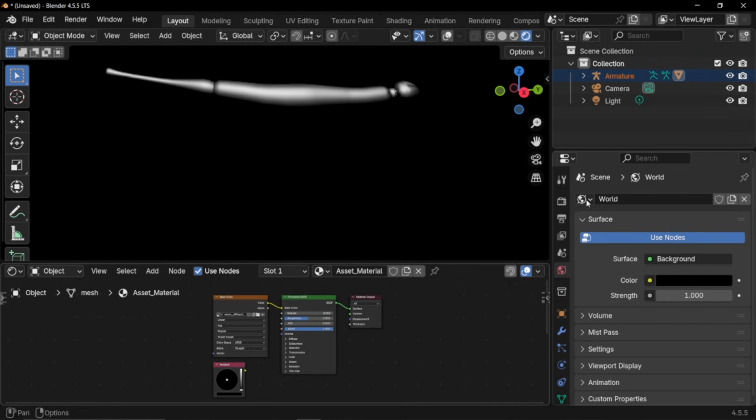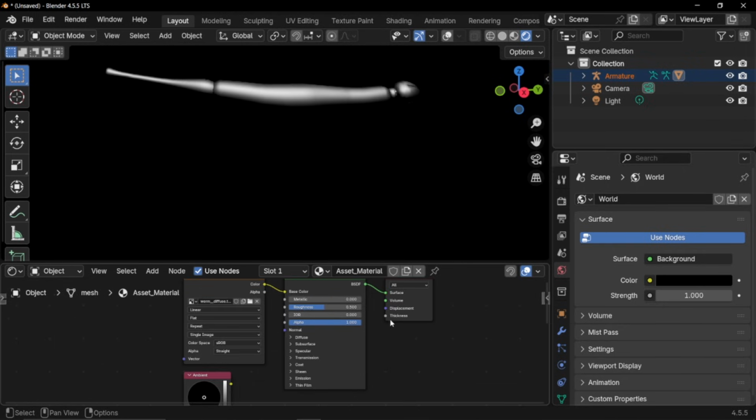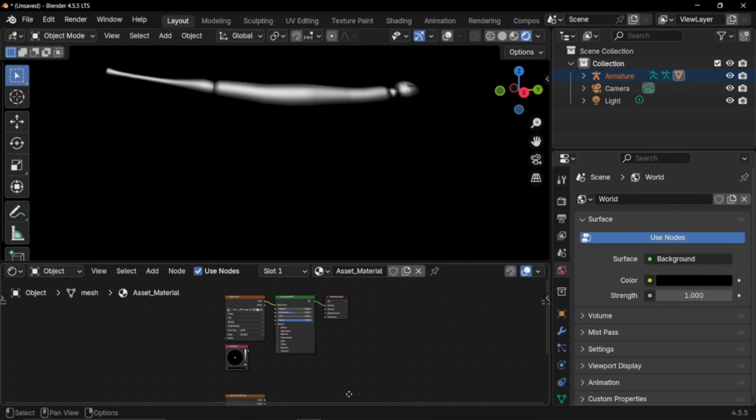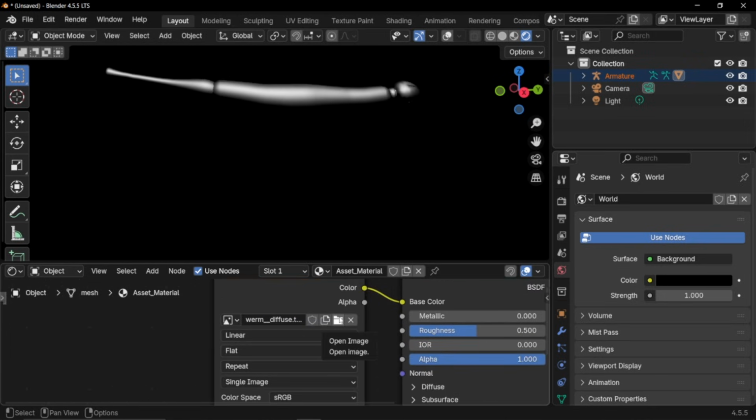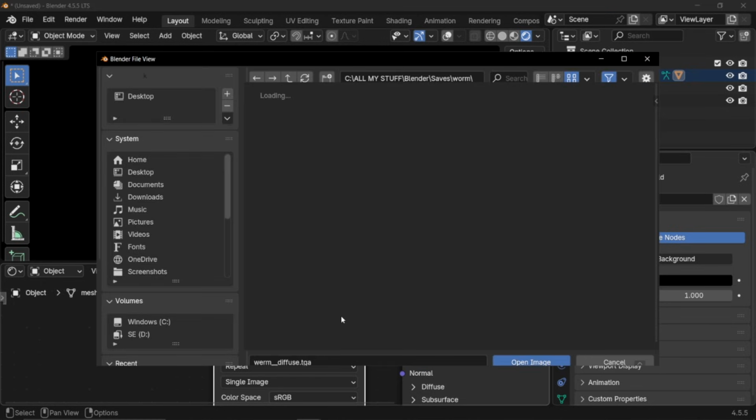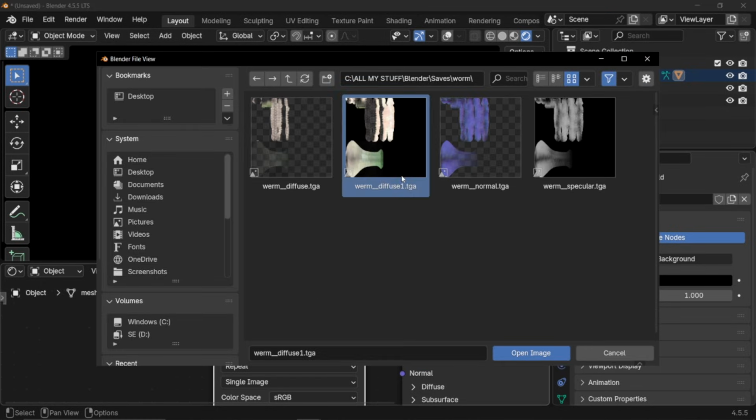Oh yeah, the DAE file that imported into Blender already came with its own material, so we can already work with this. Select these 2 at the bottom, get rid of them, we don't need them. All we need is this guy, the worm. Now this is using the default that it exported, the inverted alpha one, the stupid one. So open the file icon here, open image, select diffuse 1,